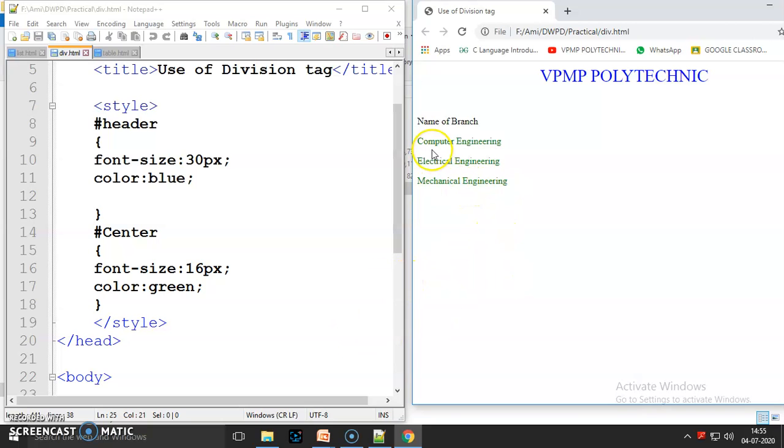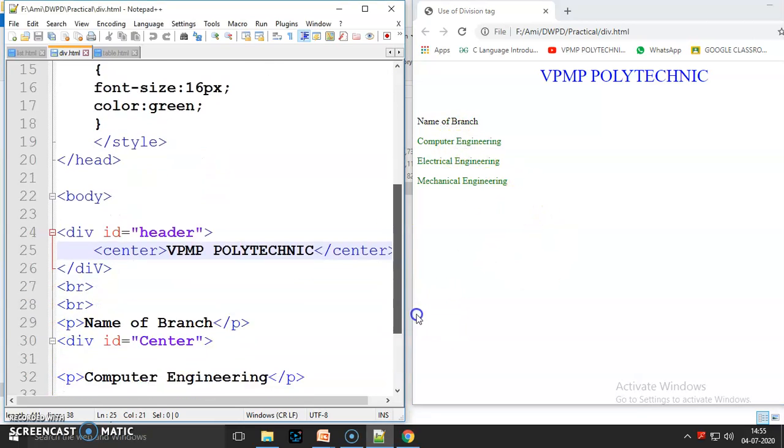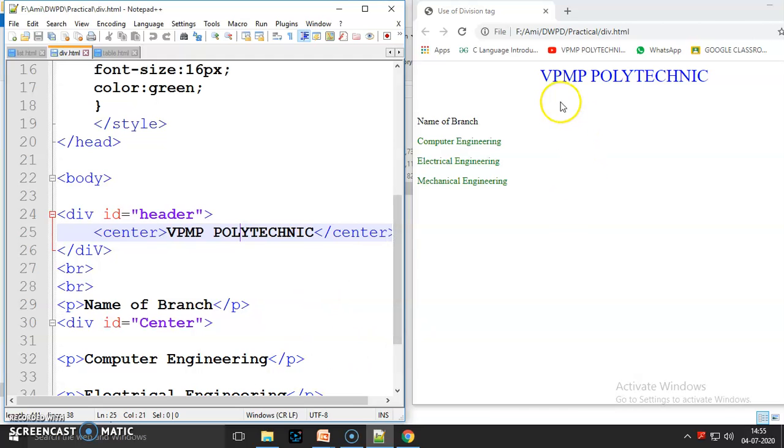It is written in green color with font size 16. So for repetition of code, I use the division tag. Here in coding, I write VPMP Polytechnic in the center tag like this, and I put this statement in a division tag and give the ID equal to header.